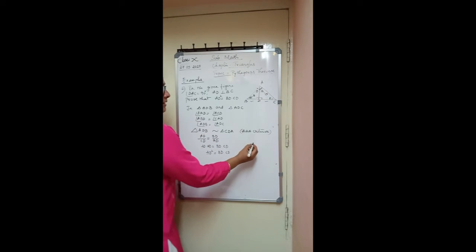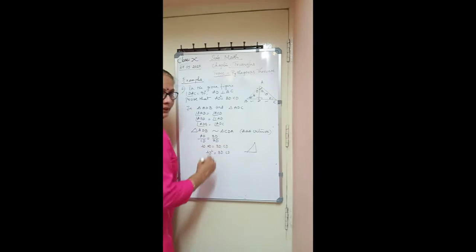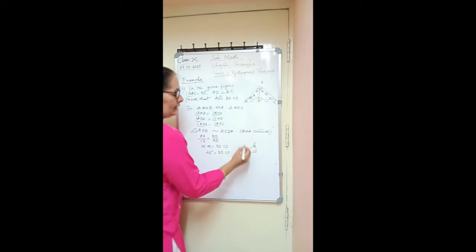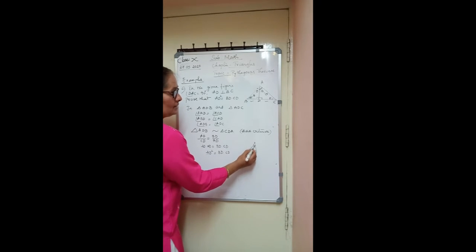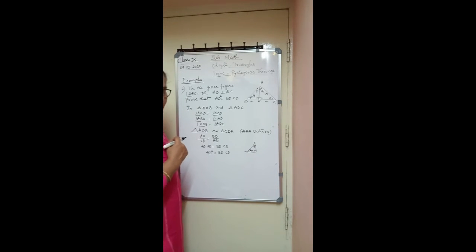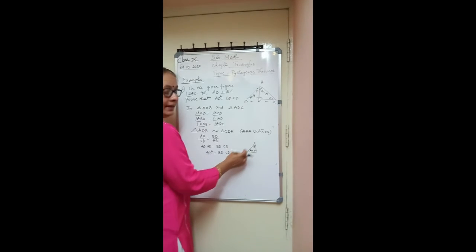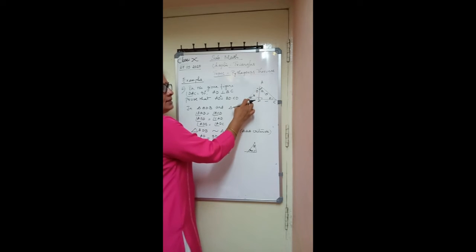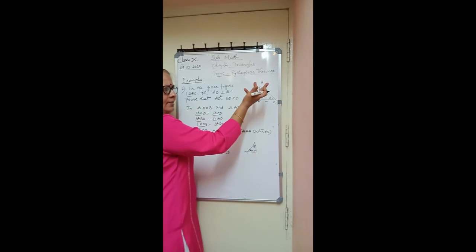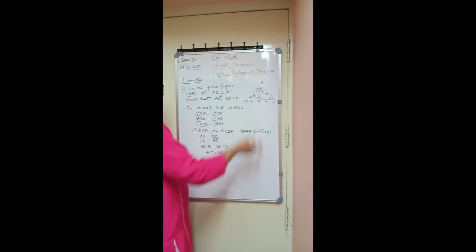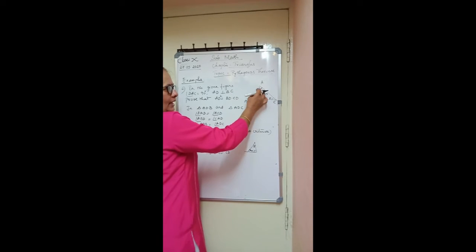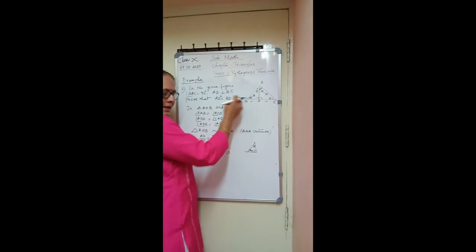You know already that in trigonometry, if one angle is 90, then here theta, the other angle is 90 minus theta, because they are complementary angles. If one angle is 90, the other two angles are complementary angles. Same thing we are applying here. If you take this as theta, then this will be 90 minus theta. You will get the same ratio. It is not necessary to take theta over here. You can take any. If you take 90 minus theta, then this angle will be theta.